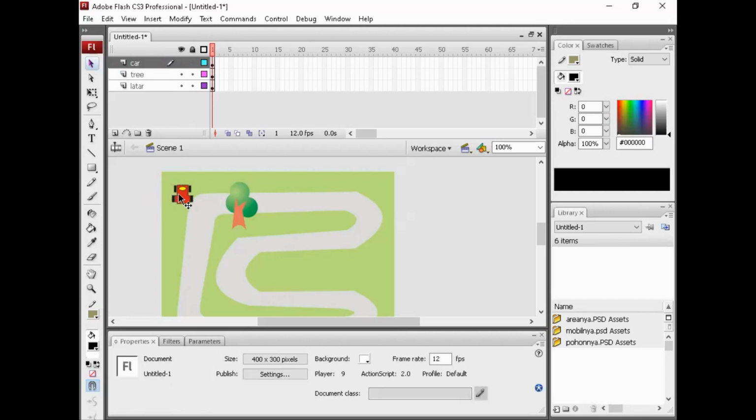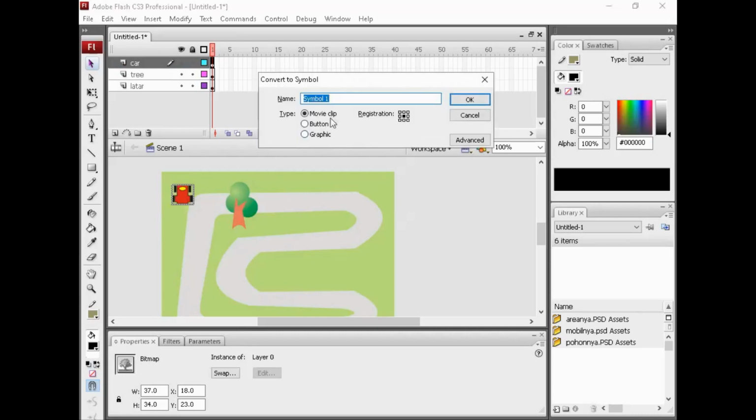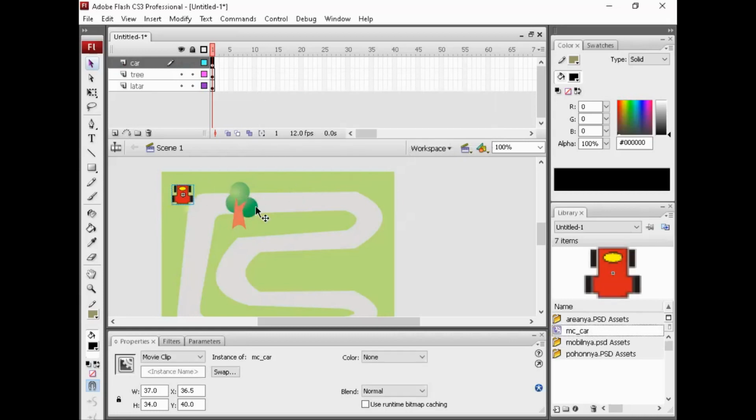Yeah, choose the car, press F8. I want a movie clip, movie clip, car. Okay, finish.